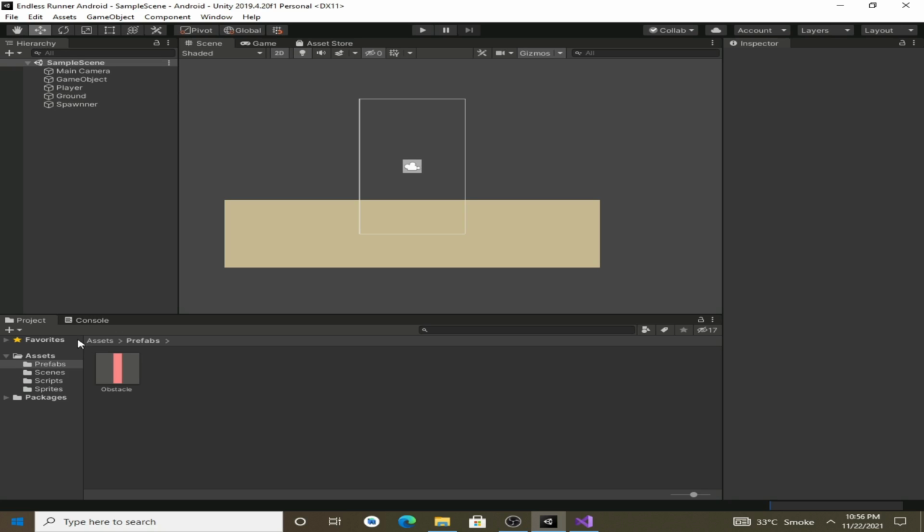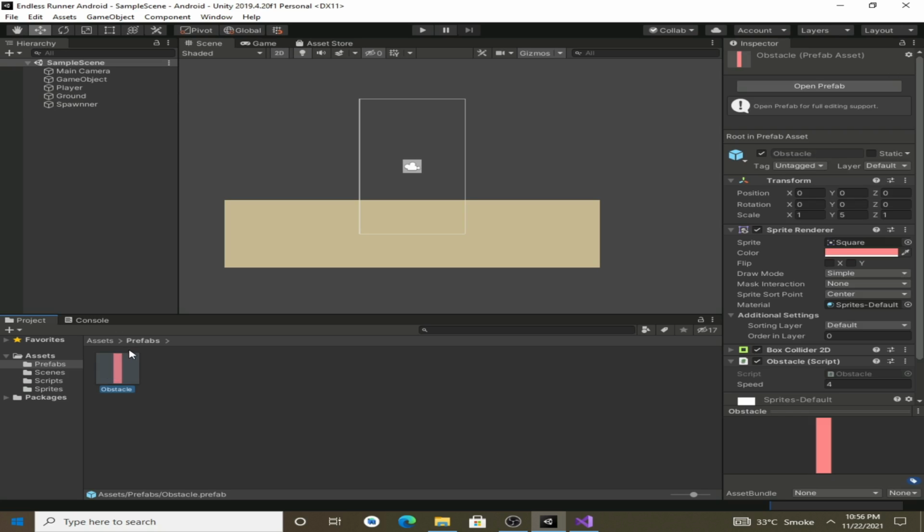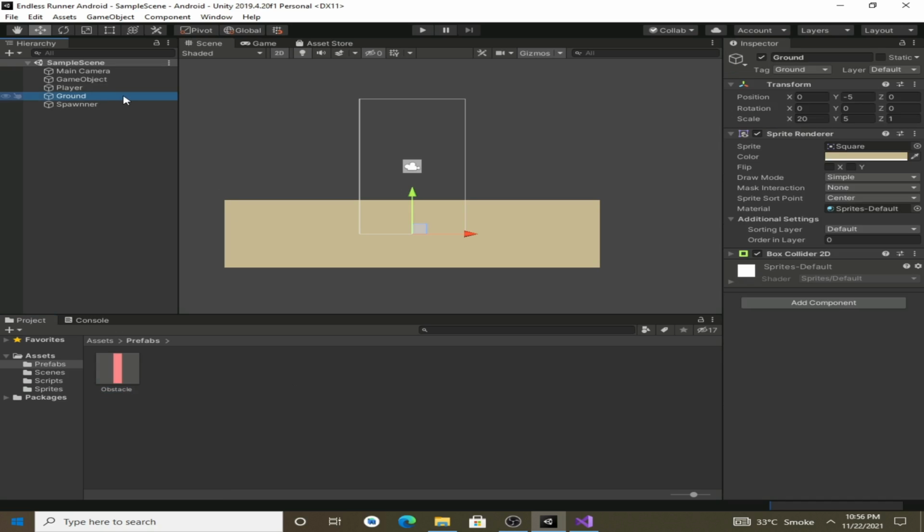Let's click on the ground and change its order in layer to 1 from 0, so that it renders above everything else.